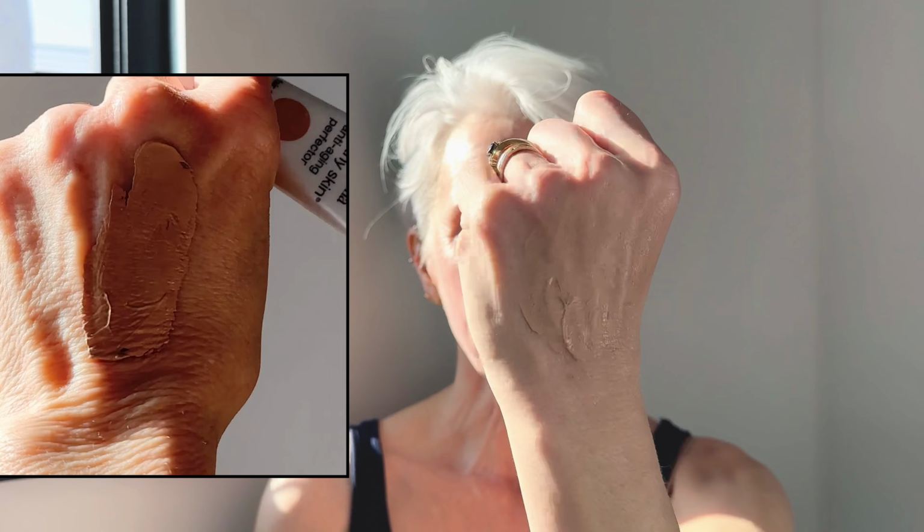So I'm just going to use a beauty blender. That's how I typically put on my foundation. I just apply it to the back of my hand. Get a damp beauty blender. I'm a little concerned about this color that I picked out. I picked out the Fair to Light. We shall see. I'm just going to stipple it in with my beauty blender and we'll see if it looks